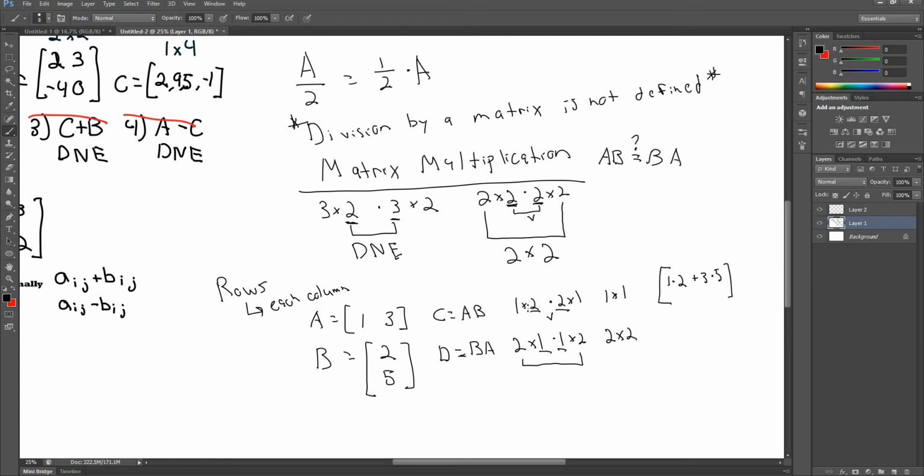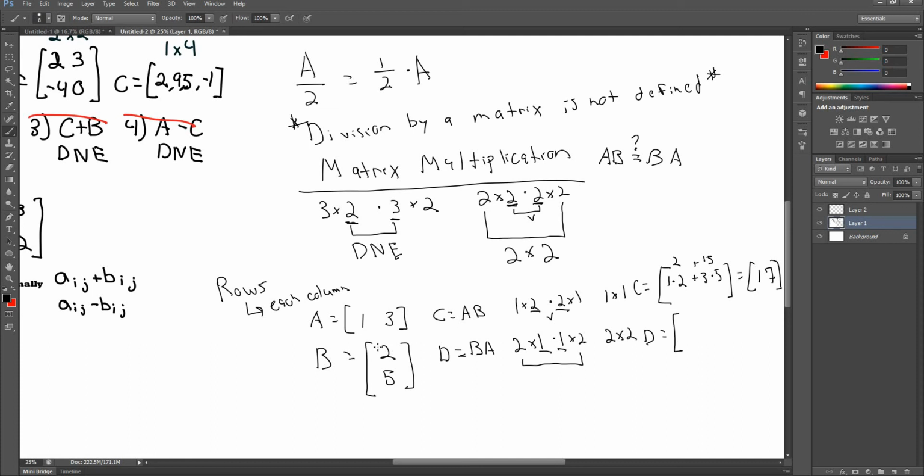So A times B, or C, is equal to 1 times 2, which is 2, plus 3 times 5, which is 15. So C is the matrix with single entry 17. For B, for D I should say, we're going to have,